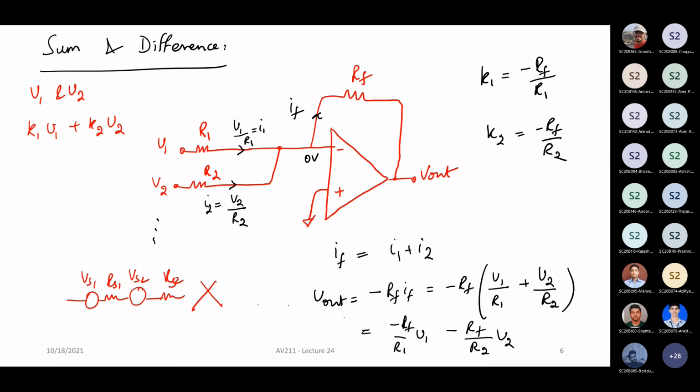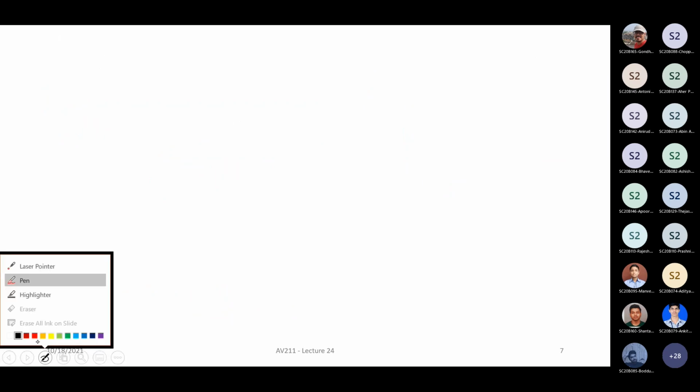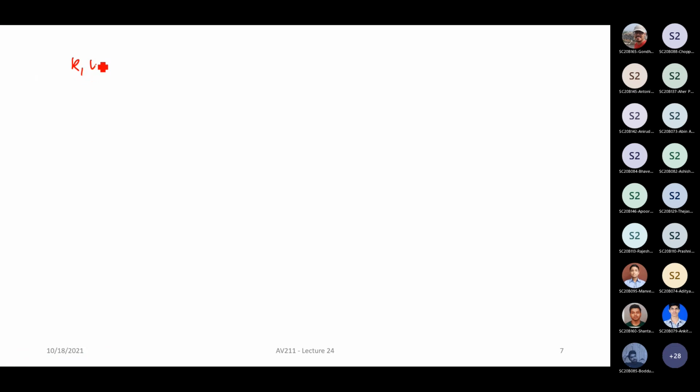the output signal. Suppose you want to invert the polarity, basically you can go and give minus V1 or minus V2 here. So if you connect it in the opposite polarity, you get K1 times V1 minus K2 times V2, right? So that way you can do some difference, or in general, if you have any arbitrary algebraic expression, such as K1 times V1 plus K2 times V2 plus K3 times V3 and so on, this transfer function can be basically extracted.